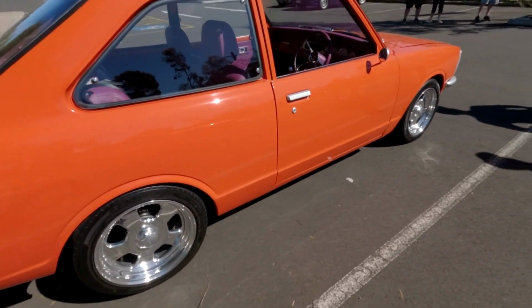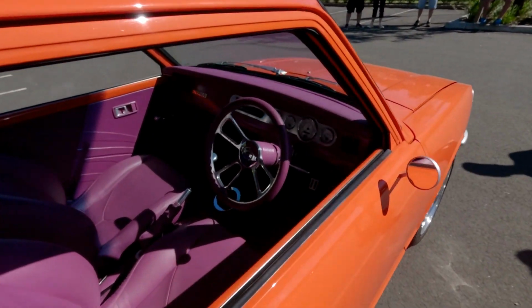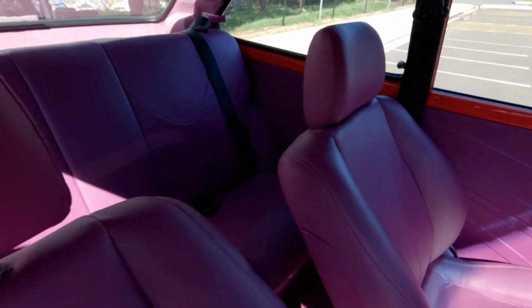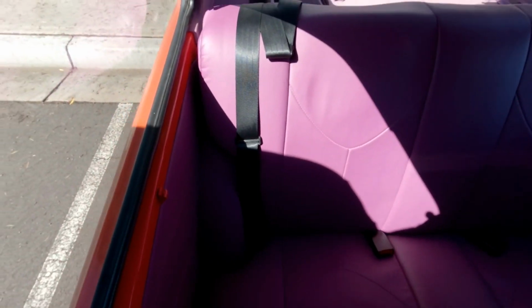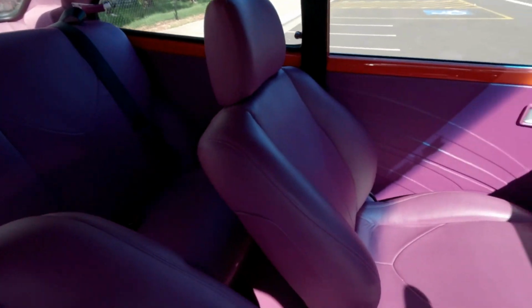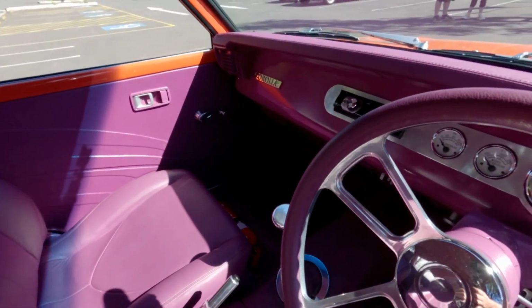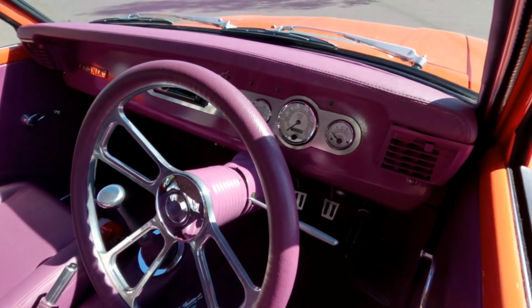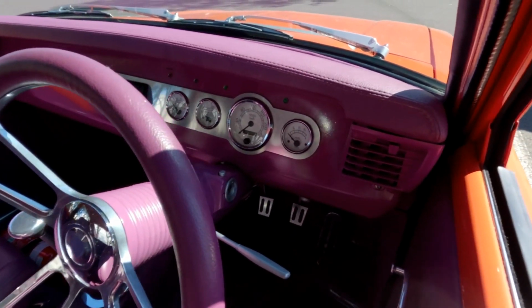Yeah, something different, mate. It was green originally, so orange is my favourite colour, and I was always going to go orange. And then I just wanted to do something different with the interior. It was just to get people talking, you know. So orange and purple goes well together, I believe. But that's my opinion. A lot of people don't seem to agree, but...